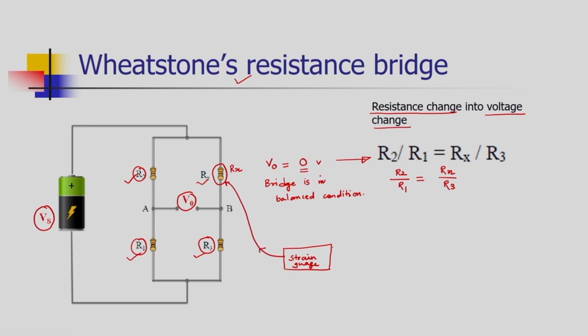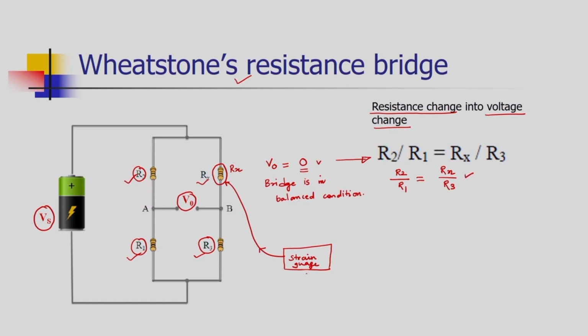For no load condition, the strain gauge is providing a certain resistance, that is Rx. For Rx we are choosing the values of R1, R2, R3